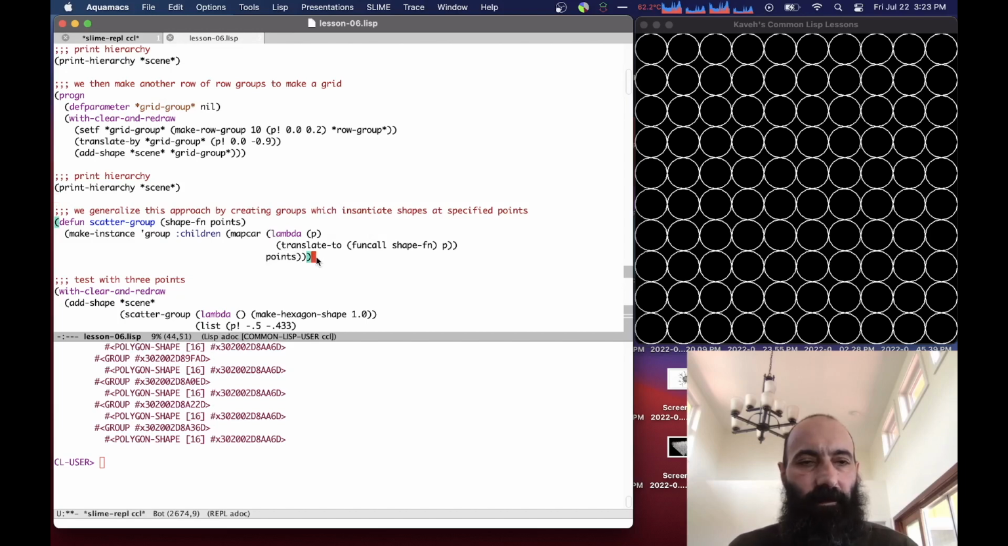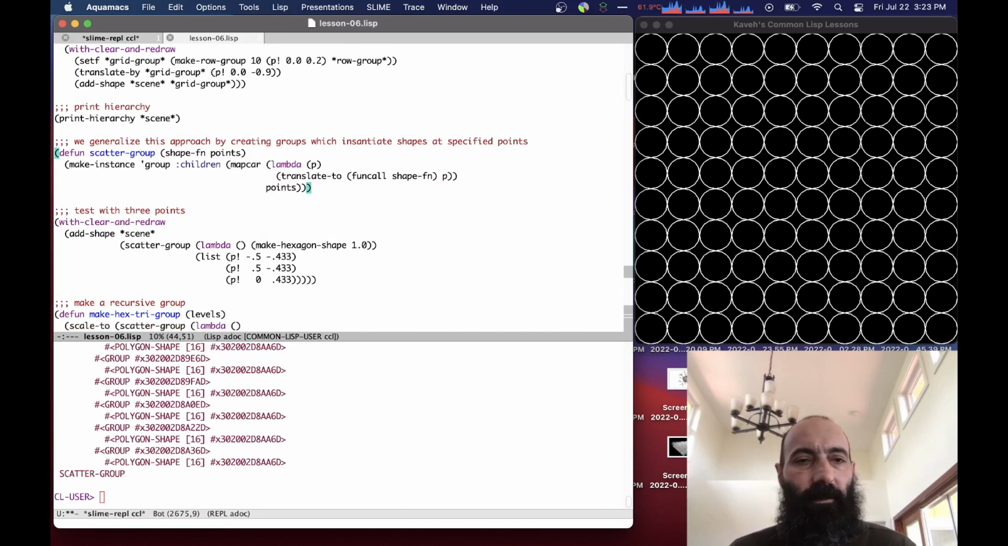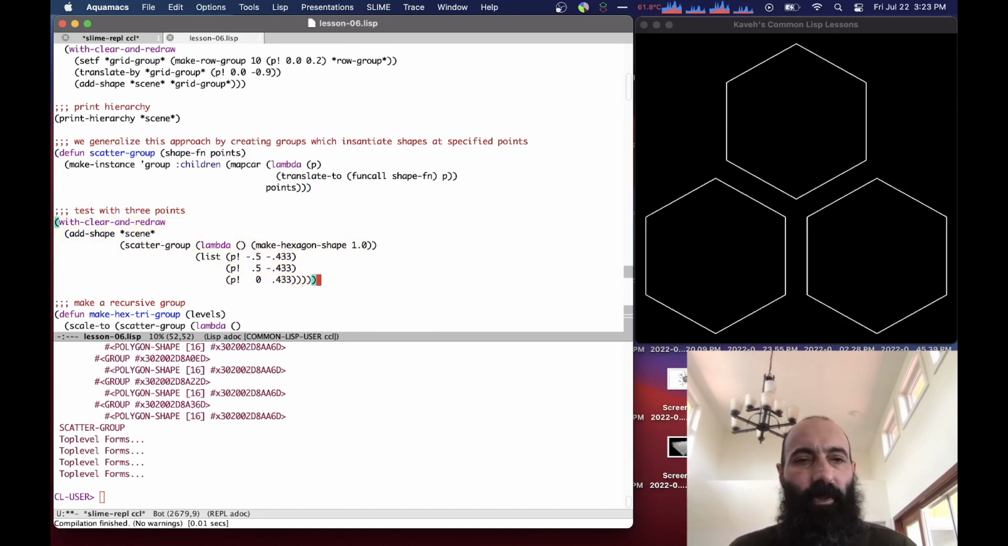So let's define that. And if we just try it here, we can see that we gave it a function to create a hexagon shape, and we give it 3 points, and it places the hexagons at those 3 points. So these 3 hexagons are basically in a group, and